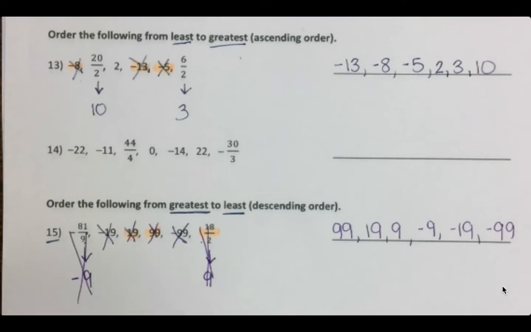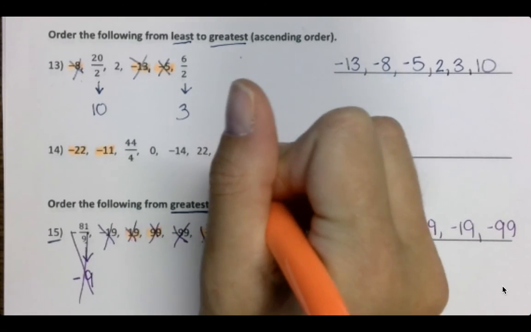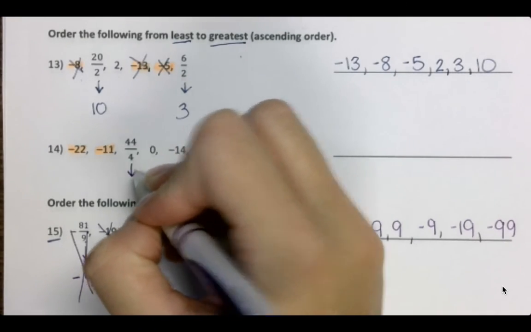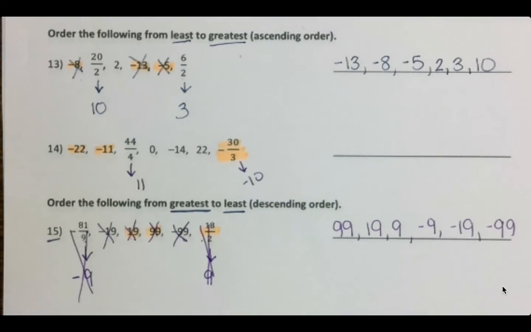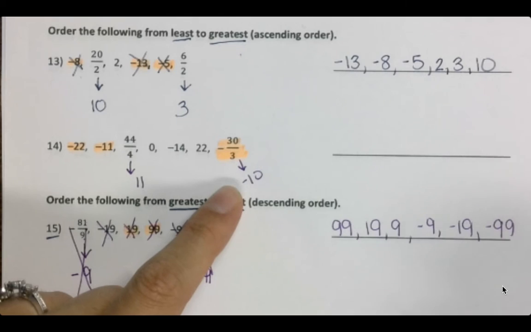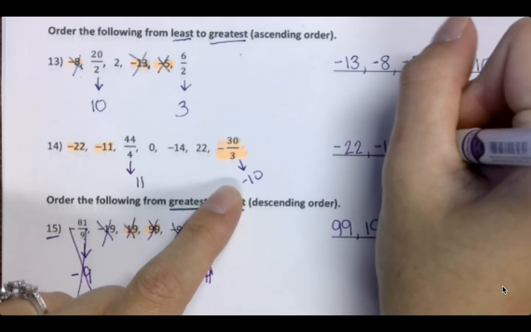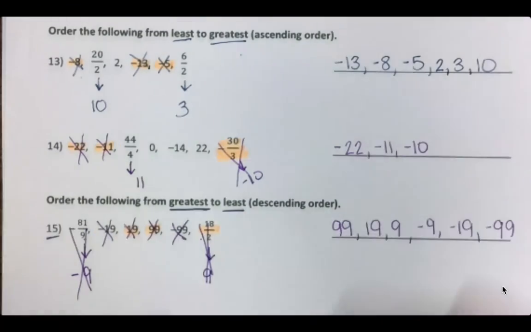All right. So smallest, meaning the negative numbers are going to come first. So we got 2 fractions. So we should have changed both of those into integers, or at least numbers and decimals, right? A rational number. That makes it easier to compare. So the smallest out of these, the one that I definitely wouldn't want to have in my bank account, is negative 22. Then you should have gotten negative 11 and then negative 10. Oopsies, I forgot negative 14 in